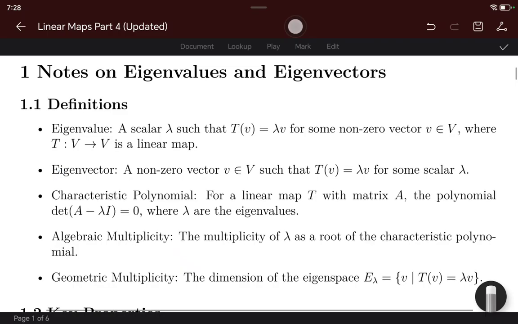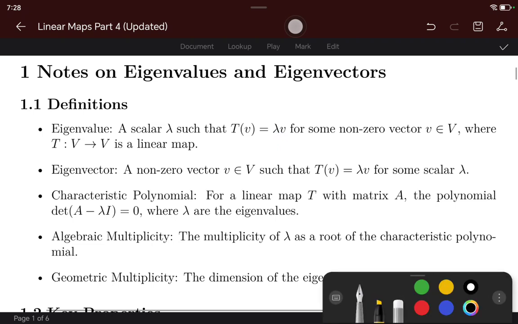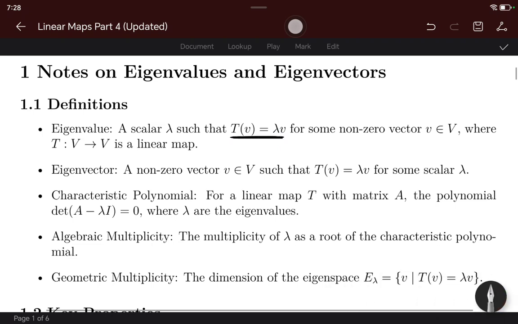So when you look at these definitions, let me just look at the definition. They say that a scalar lambda is such that T of v is equal to lambda v. This is not our first time talking about a transformation, T of v. We're saying the transformation will be equal to lambda times the eigenvector, for some non-zero vector v